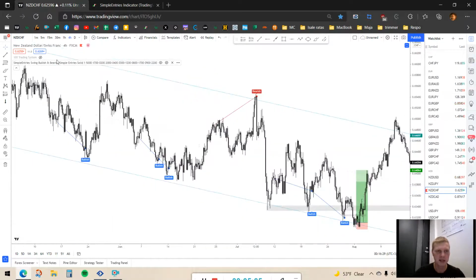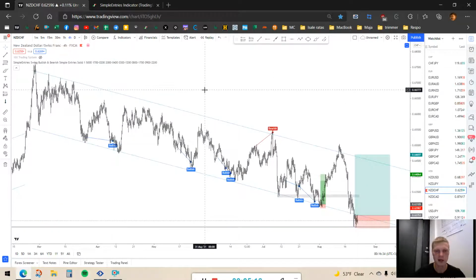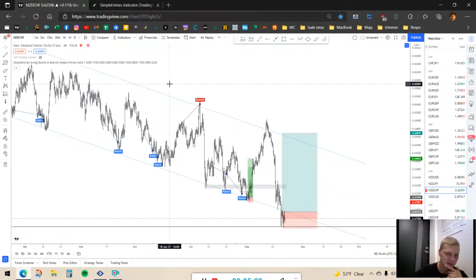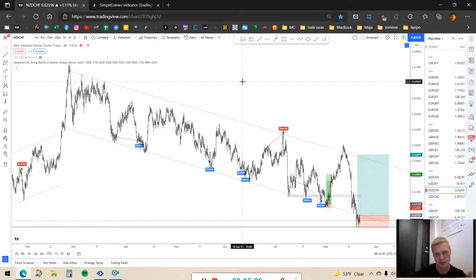But the Simple Entries indicator doesn't give many signals at all on H4. I don't like that, but I can still do my analysis on H4 and then look for entries on H1,